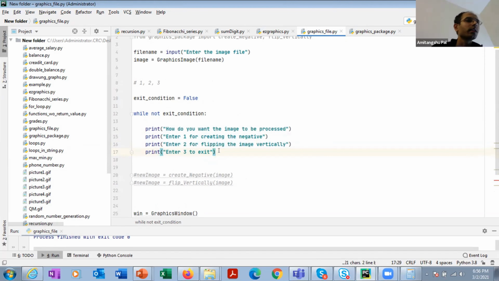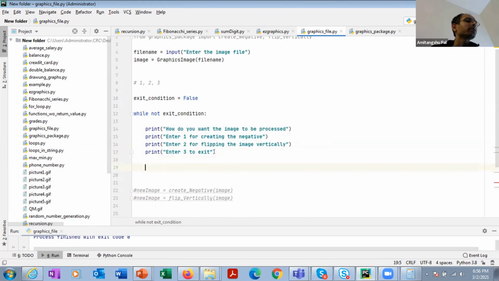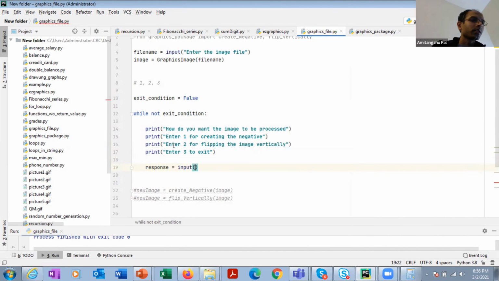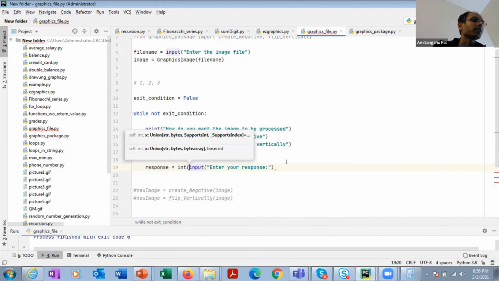Clear? So then based on your response, suppose your response is equal to input, and you are going to enter 1, 2 and 3. That means your input needs to be converted to integer format.